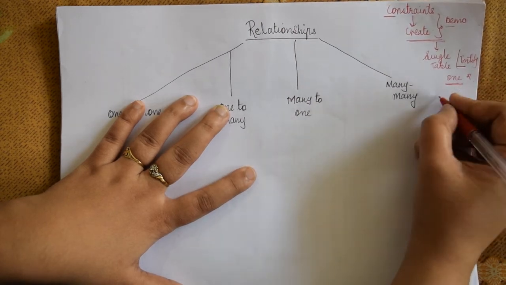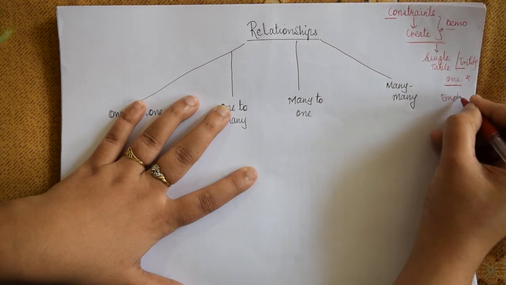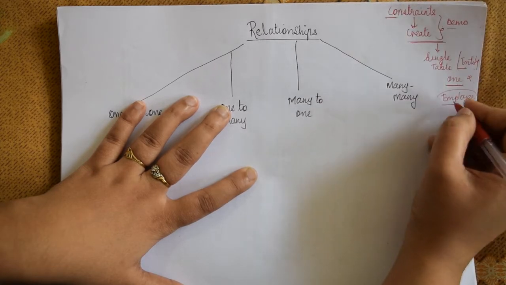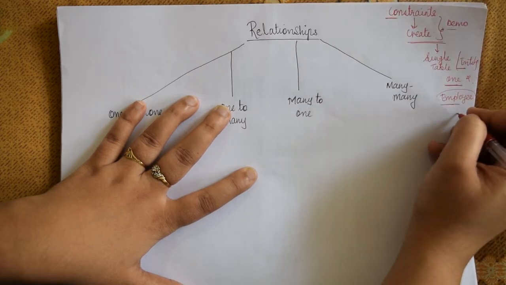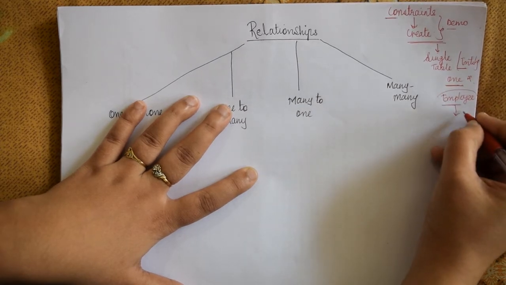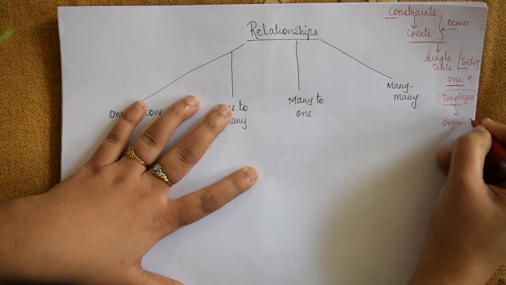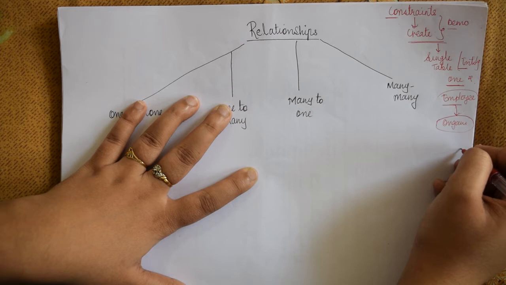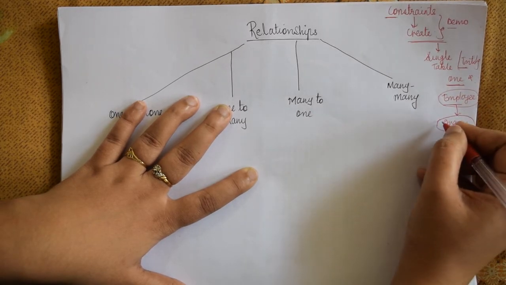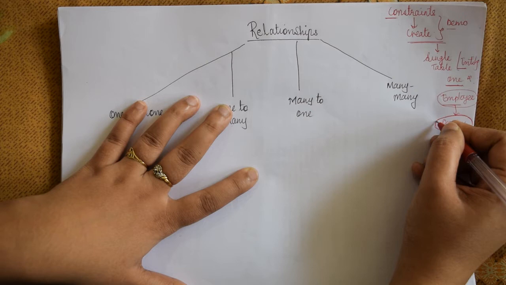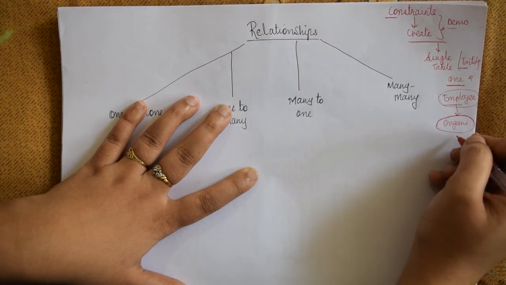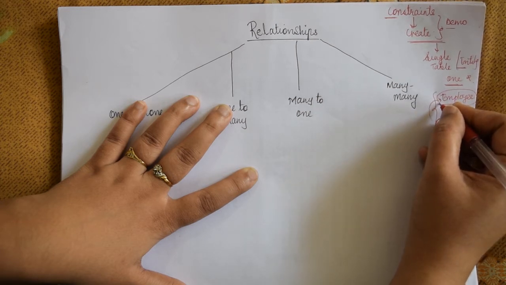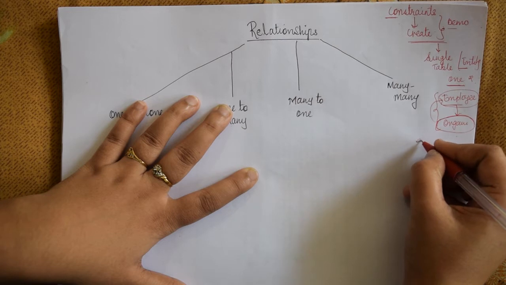We can take an example of an employee. Employee is an entity, so this employee has its own information, the employee table. Now the employee is working in an organization, which is another entity having its own information. The employee is associated with the organization; the employee belongs to an organization, so these two different entities are related with each other.